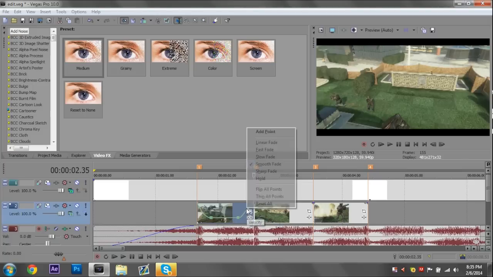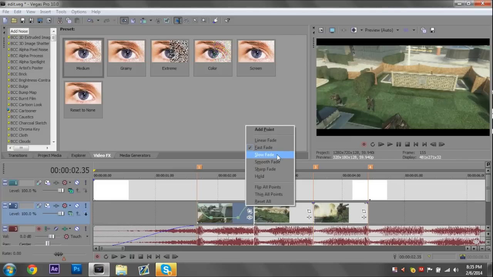But there's an easy way to fix that. Right click on the slope again, and it is different for this side. Just for the sake of the tutorial, I'm going to show you what it looks like with fast fade again, and it's the actual opposite of what we want. So if we right click it and select slow fade on the far right slope, then it'll give us that